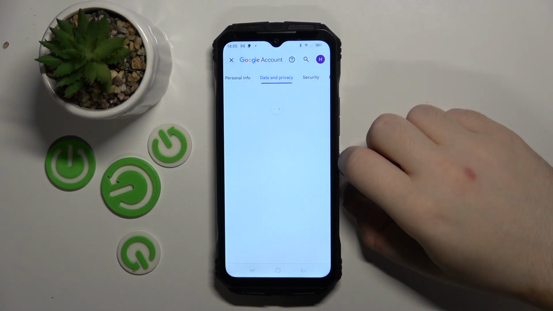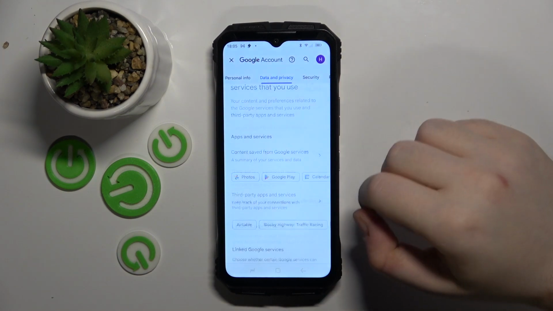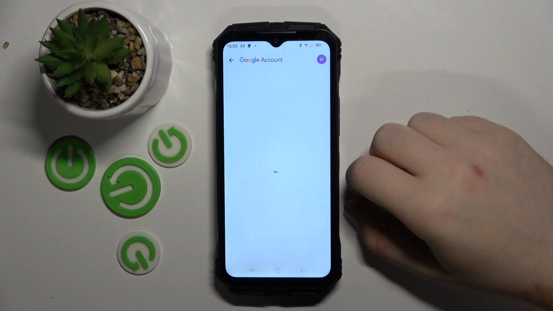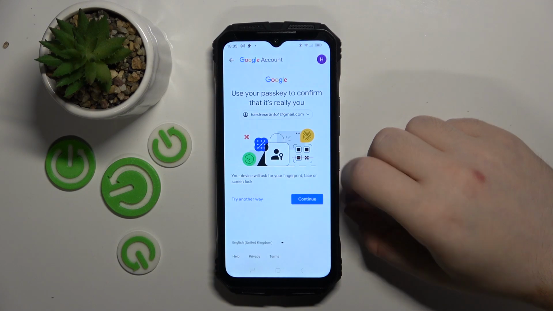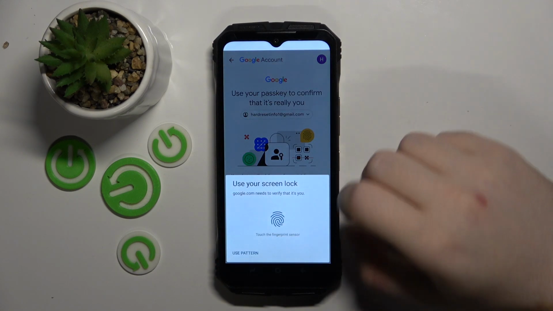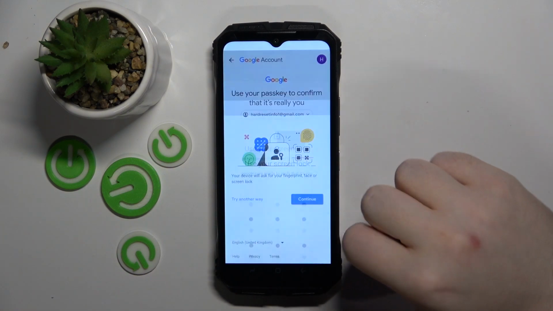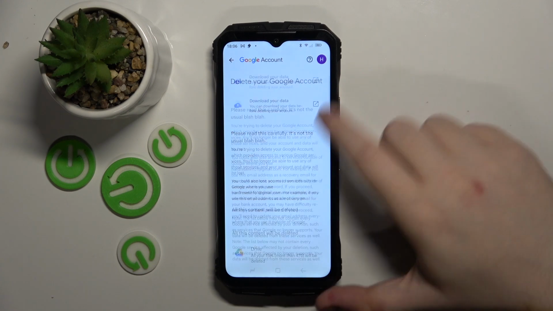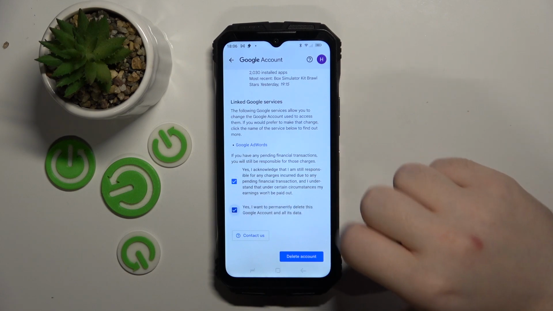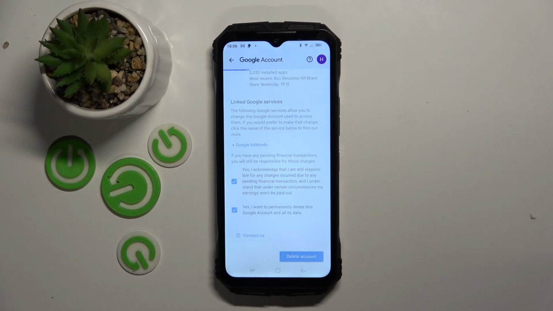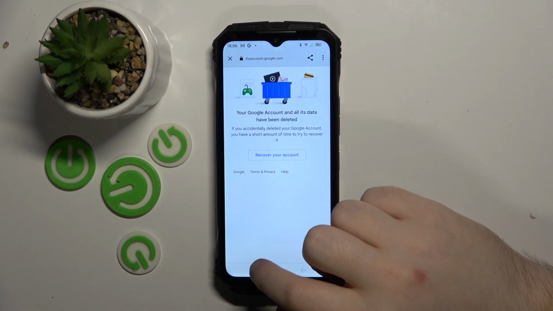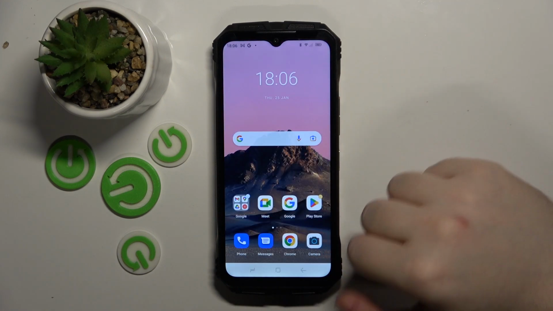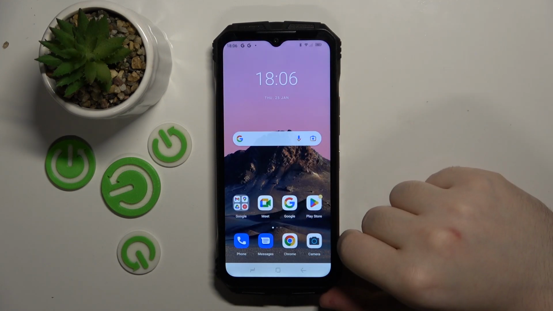Now click on data and privacy and scroll down and click on delete your Google account. Now click continue, click use pattern, and here you have to scroll down and check these two checkboxes and then click delete account. And your account has been deleted, so now let's recover it, and you have to use for this application such